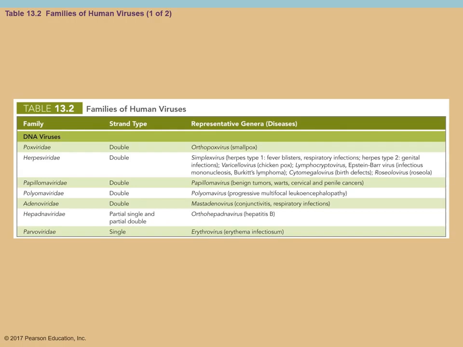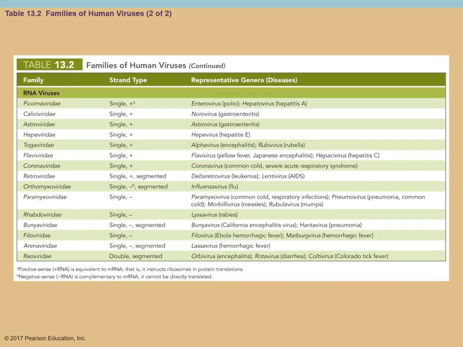So this is showing the DNA viruses, the different families such as the Poxviridae, Herpesviridae, and over here it's giving you the different types of viruses that we have found in there, and in parentheses the diseases that they cause, and here whether it's single-stranded or double-stranded. And then your RNA viruses, we have the same type thing. Some examples of